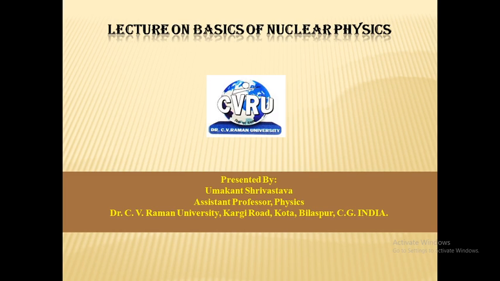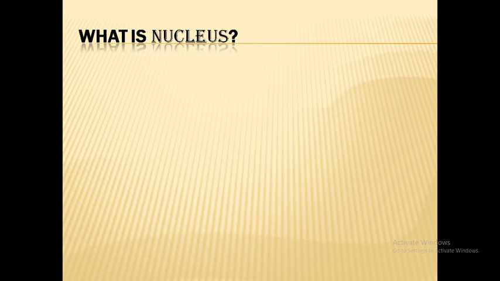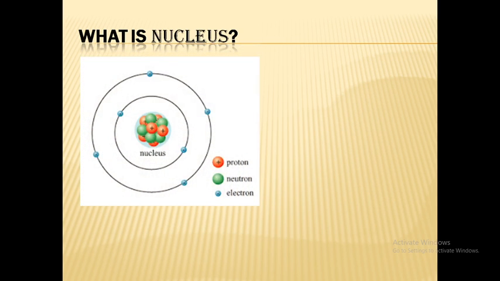Again, we are here on lectures of basics of nuclear physics, and our today's topic is what is nucleus. On hearing that word nucleus, we thought of an image that is like this. We know that nucleus is composed of protons and neutrons, and electrons are revolving around it. Nucleus are having different properties, but today we are going to deal with some of the properties, and the first one